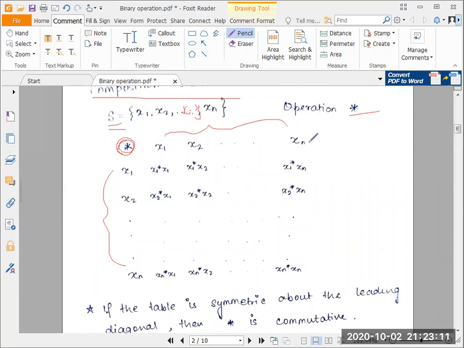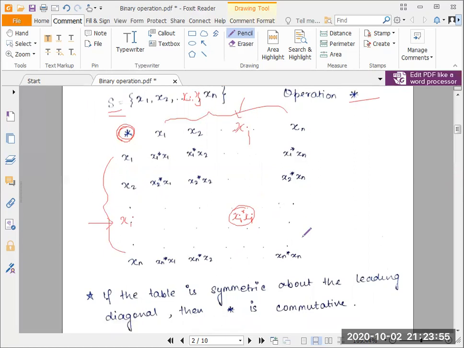As I mentioned before, there are n columns and n rows, and that is how the composition table looks. Let's say I have an element xi over here, so that's the ith row, and an element xj. I'm not talking about the same element here, but two different elements. So this is the jth column. Corresponding to the ith row and the jth column, I will have the element xi star xj, which is the result of operating xi and xj with respect to the operation star. That is how my composition table looks.